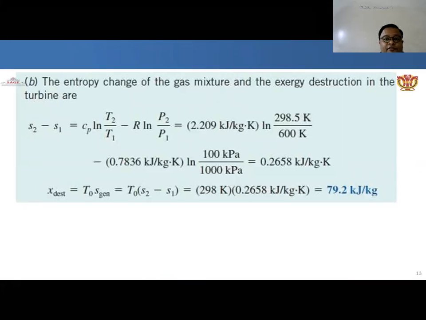The entropy change of the gas mixture and the exergy distortion in the turbine are, that is the s2 minus s1 is equal to Cp natural log of T2 by T1 minus R natural log of P2 by P1। तो चेंज ऑफ एंट्रोपी यहाँ पे जो वैल्यू निकल के आ रही है, क्योंकि आपके पास सभी वैल्यू पता है, Cp की वैल्यू पता है 2.209 किलो जूल पर केजी पर डिग्री केल्विन, नेचुरल लॉग ऑफ T2 और T1 की वैल्यू आपको पता है, T2 इज द एक्चुअल टेम्परेचर, माइनस R की वैल्यू आपको पता है 0.7836 किलो जूल पर केजी पर डिग्री केल्विन, नेचुरल लॉग ऑफ जो आपका एग्जिट प्रेशर है, टरबाइन का एग्जिट प्रेशर 100 किलो पास्कल दिया हुआ है, और 1000 किलो पास्कल आपका इनलेट प्रेशर दिया हुआ है।